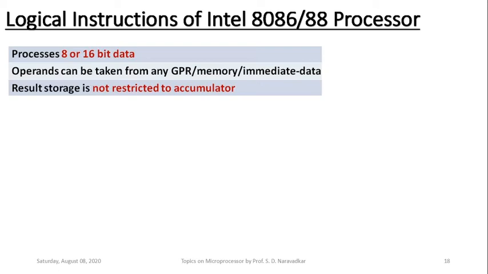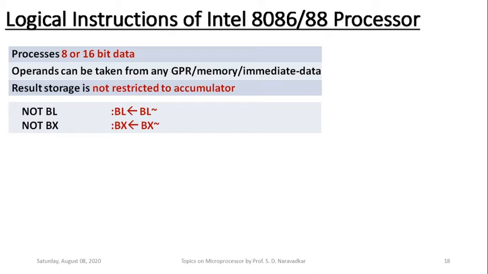Now let us see some logical instructions here. The simplest possible logical instruction is the NOT instruction, where the one's complement of either 8 bits of a register or 16 bits of a register can be performed. The first example, NOT BL: the one's complement of the contents of register BL will be formed and the result will be copied to BL itself. One's complement means every bit of register BL will be inverted and that result will be copied.